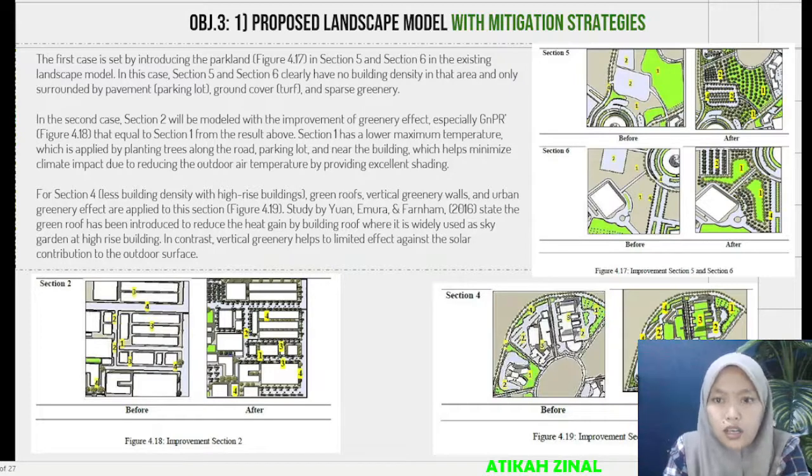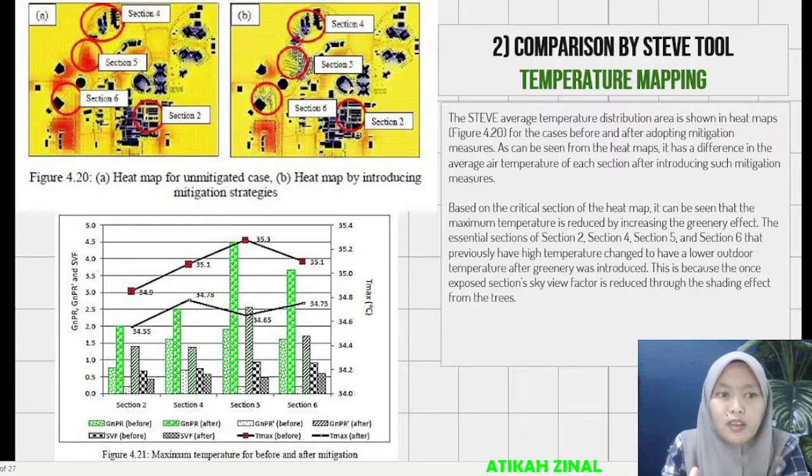Okay, this is the proposed landscape we show. Sections 2, 5, 6, and 4 have been proposed for landscape. At section 4, we use a different style, which is we use turf at the building, and at sections 5, 6, and 2, we use trees at the pavement and the area surrounding the building. Okay, this is the comparison of the temperature mapping. On the left hand, we see the unmitigated case, and on the right hand the mitigation strategy